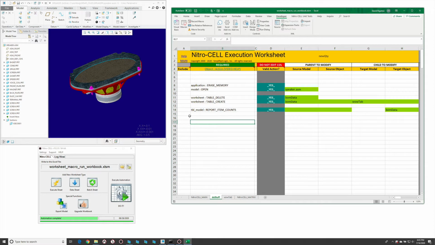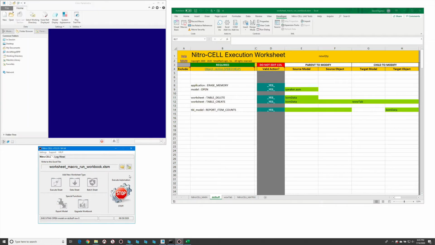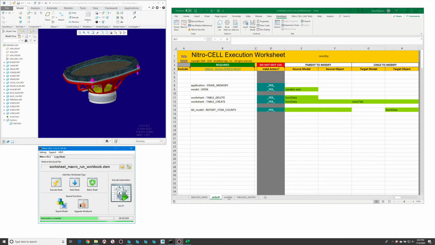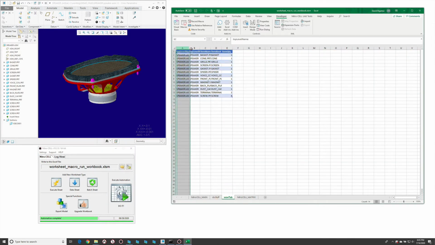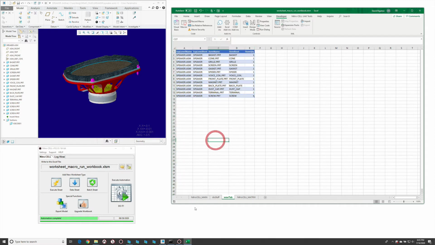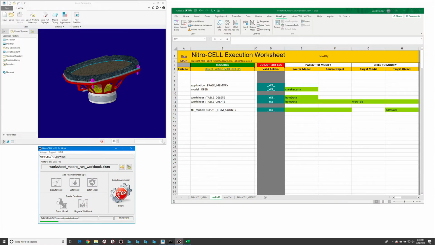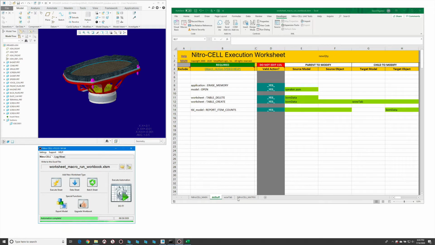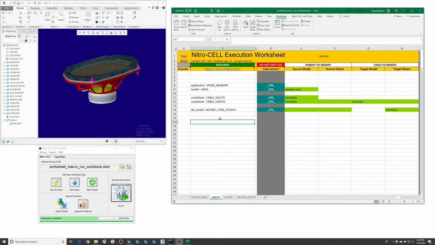So this simple application, all it does is just erase memory, open a file. It's going to delete a table, create a table, clear it if it already exists, and then also report the bill of materials. So when I run this, you'll see that it's generated this information here. So that's all fine and dandy. So let's just double check where it ends up in the sequence. So it ends up here, and we're going to create a very simple macro, and we're going to do this